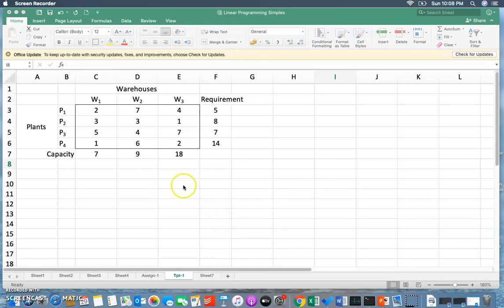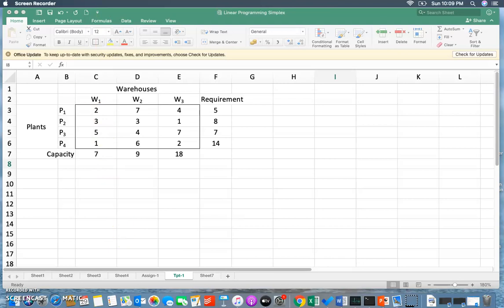Hello everyone. In this video, I'm going to discuss the solver tool to solve a transportation problem. In my previous videos, I have already talked about different methods to solve a transportation problem. We achieved the optimality of the transportation problem by Vogel's approximation method, and then further went on to the modified distribution method. If you start doing it manually, there are multiple steps involved in solving the problem. But if you are using a solver tool in Excel, then you can easily get an optimized solution in one